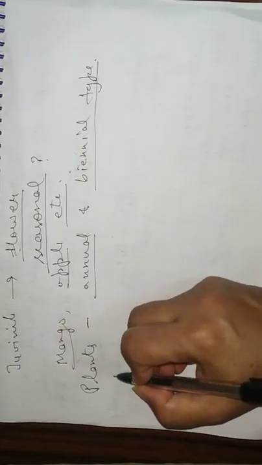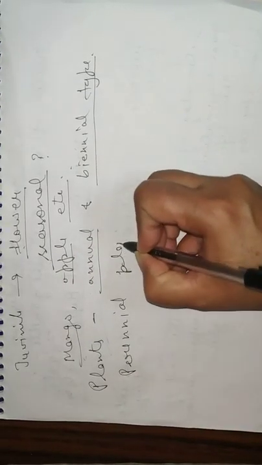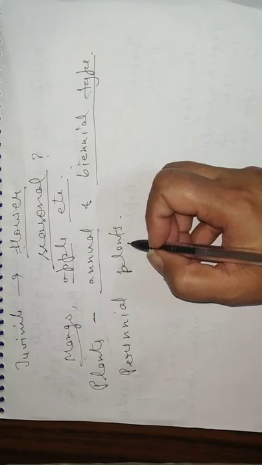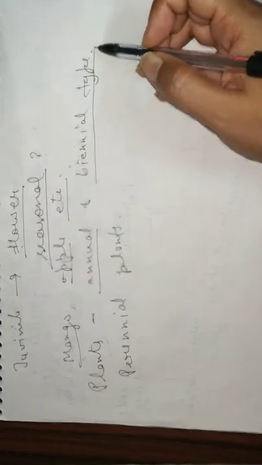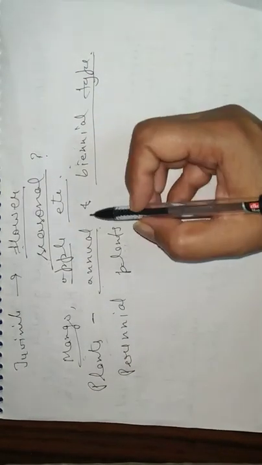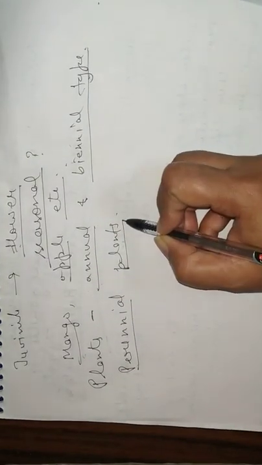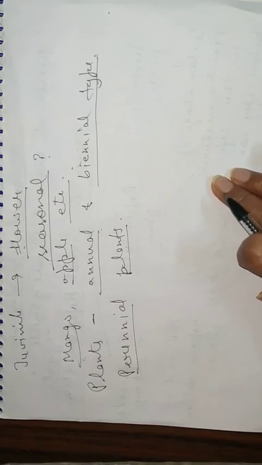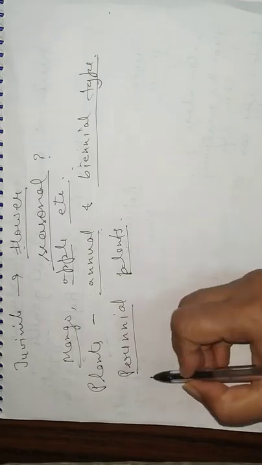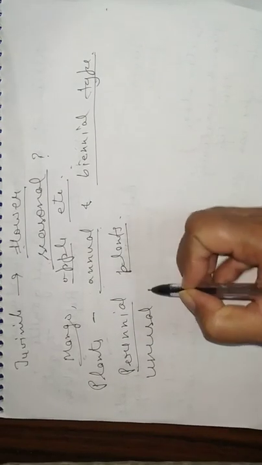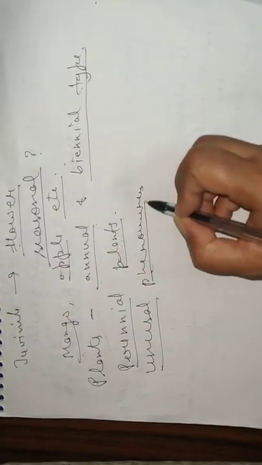But in perennial plants, it is very difficult to clearly define these phases. In annual plants and biennial plants, we can easily distinguish the juvenile phase, reproductive phase, and old age phase. But in perennial plants, it is very typical. In our world, in our universe, some plants show a different, unusual phenomenon. Some examples of these unusual phenomena are